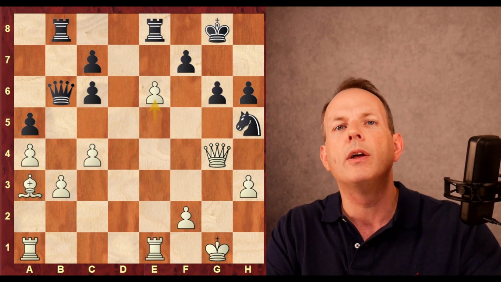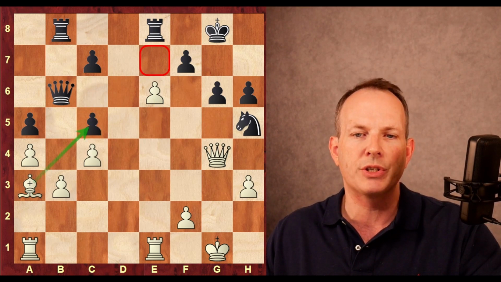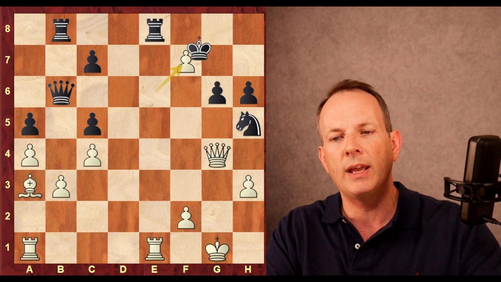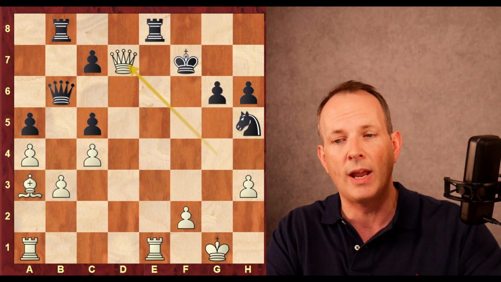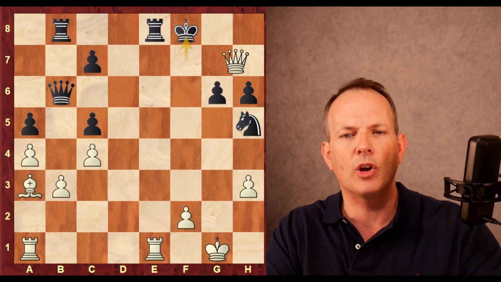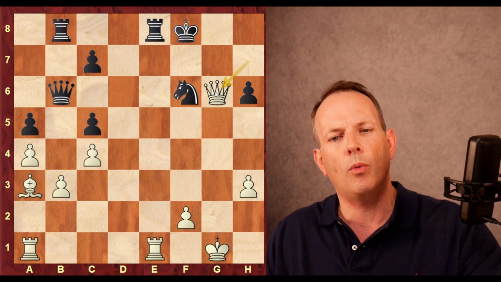To stop that, Wesley So plays c5. He wants to block this bishop's access to the e7 square like we just saw in that variation. Pawn takes, king takes, queen to d7 check. The king goes to f8. And it would be a mistake here to play queen to h7, because after knight, queen g6, Firouzja would still